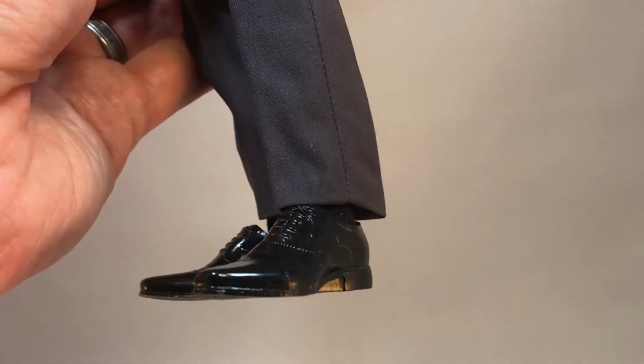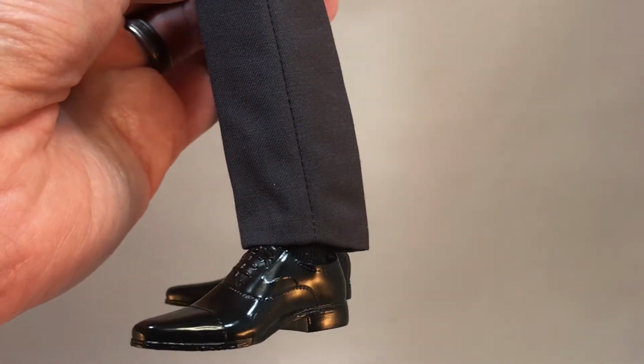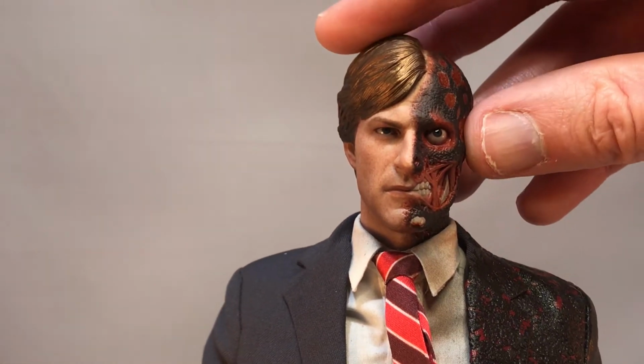And then the feet are very nice, just dress shoes. Really like the stitching and detailing that they put all through there. The glossy paint looks fantastic, and some nice tread at the bottom. And that's our Two-Face. And taking a closer look at the articulation on this figure, as far as head movement,